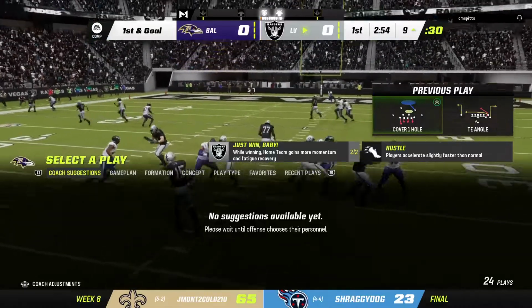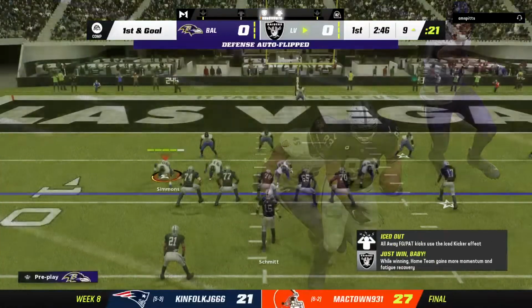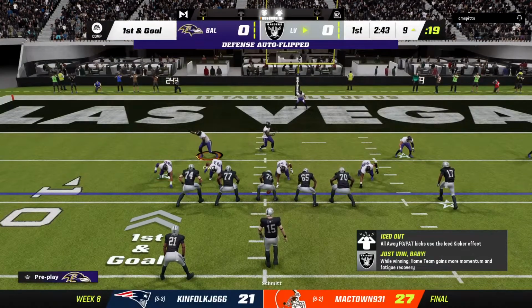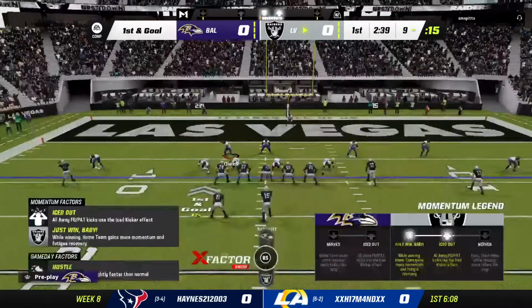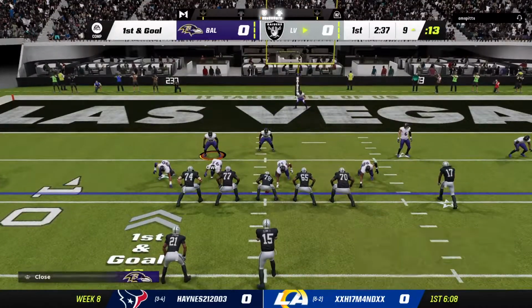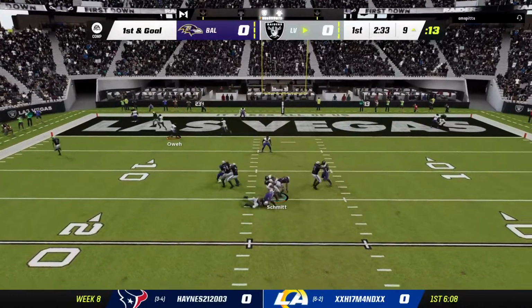A nice gain there to his trusty tight end, and now it's got them thinking opening drive touchdown here as they get into the red zone. And in most cases with your tight end, you feel like you've got a mismatch no matter who's covering him. Is it a small cornerback? Is it a linebacker who may not run as well? In any event, whatever you see, you think that's...